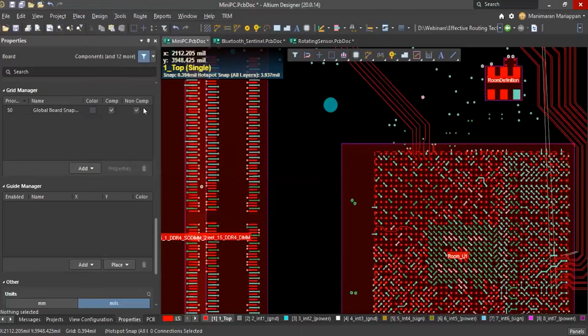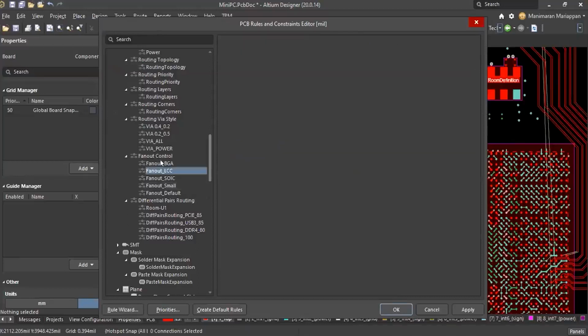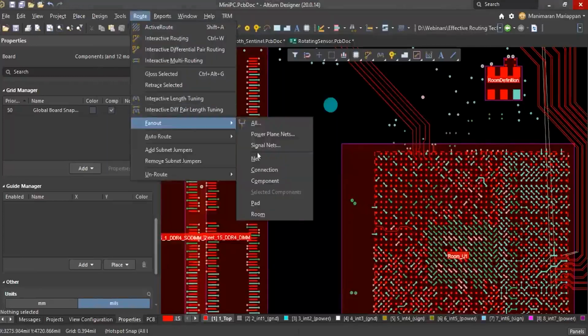In your design rules, there is the fan out control by default. If it is a small component, how do you want to fan out this? There are different fan out styles. If you have a connector, then what is the connector rule? You can even use the custom query to select particular components in a component class. So these component classes should be fanned out like this, in and out. If it is a connector, if it's a discrete, then like auto. So there are different fan out options. Depending on these constraints, it will fan out the component.